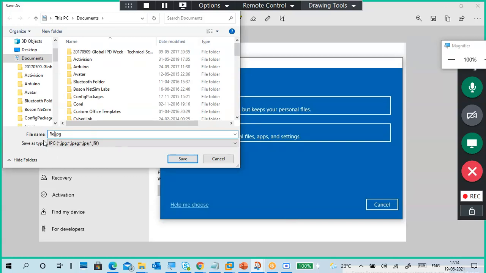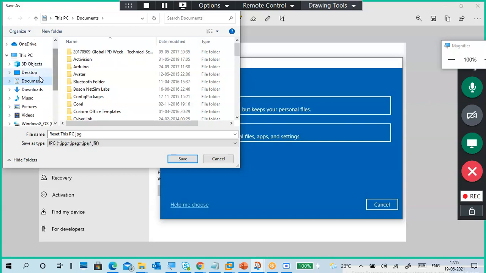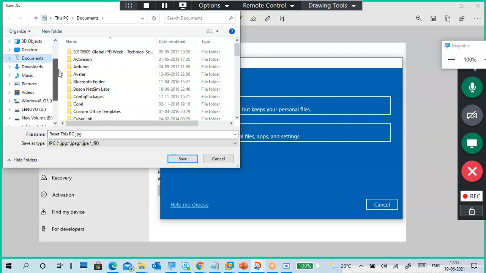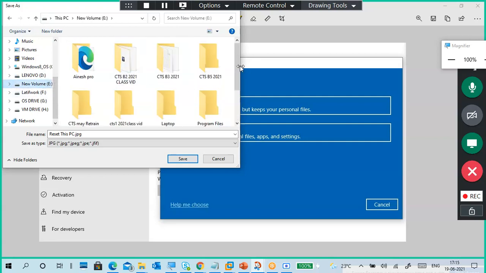What is this? Reset option. If I save in my documents, that is my personal data. If I save here, it is general data.